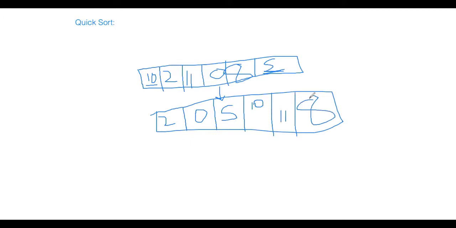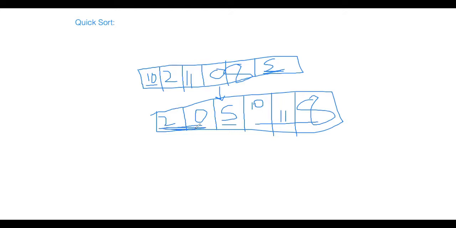And just remember one thing: in this iteration, we are not doing everything in place. No, we're just fixing the place for 5. It doesn't mean that you will do 0 and 2. No, 2 and 0 can come like this. That's why I've written it in this way. It may happen that on the left side things will not be sorted, and on the right side also things will not be sorted. Right? Are we good? But I mean to say that we have to bring 5 to the proper location. It doesn't mean that all the things on the left side of the 5 should be sorted. If you just look at the left side of 5, it's 2 and 0, which happen to be in sorted order.